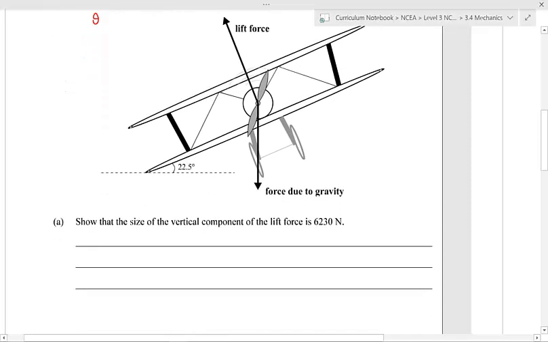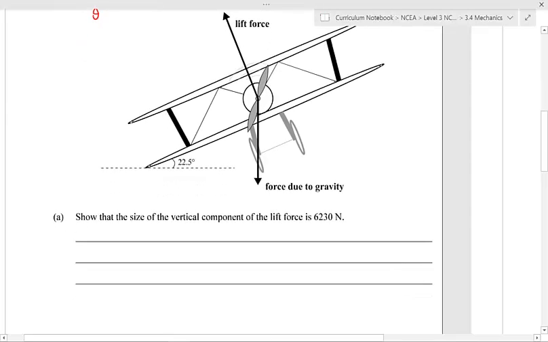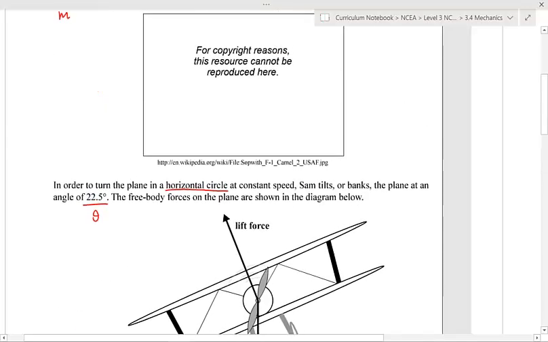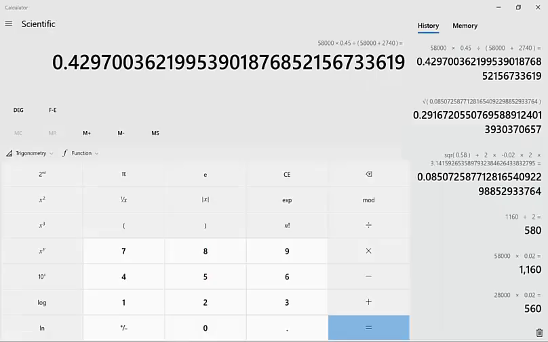Show that the size of the vertical component of the lift force is 6230 newtons. So we're told here that it's flying in a horizontal circle. That means there must be no net up or down force. So F lift vertical must be equal to F gravity, which is equal to m times g, and we were given the mass earlier on. It was 635. That's 635 times 9.81, which is